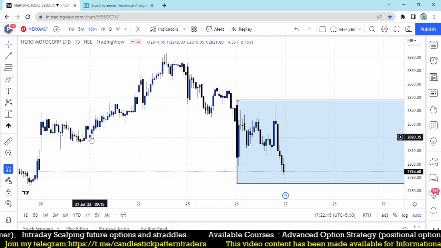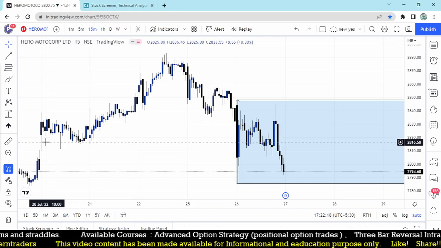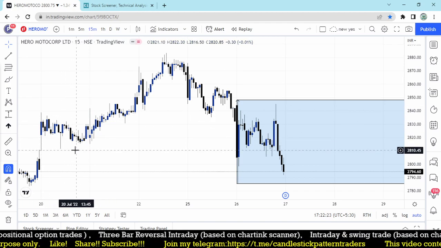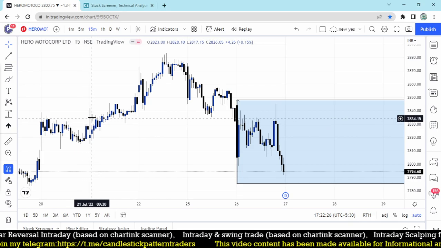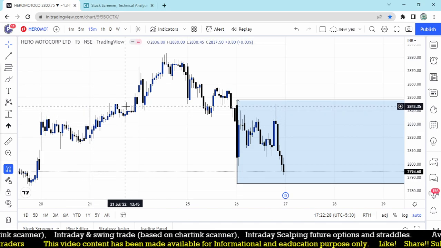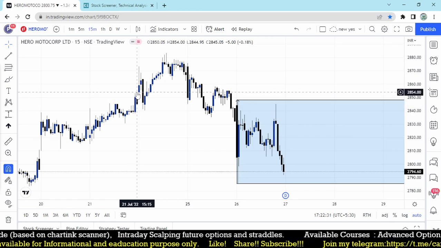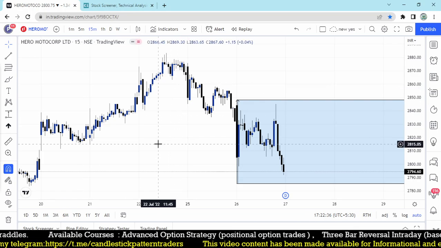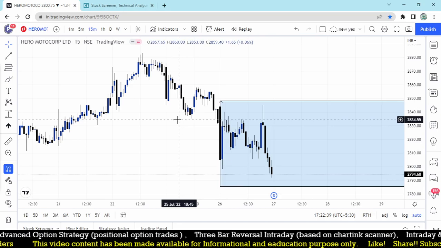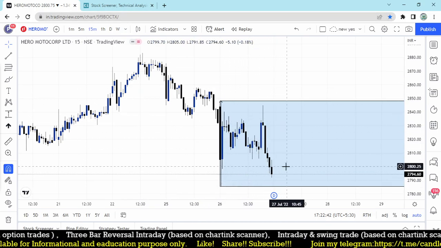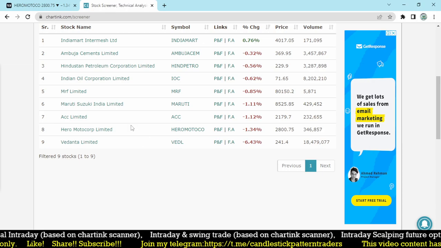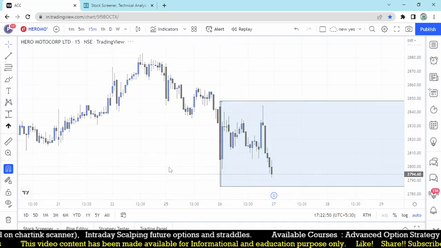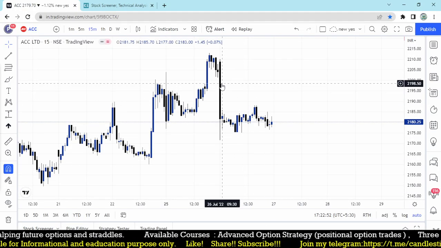If it is not broken, there are other chances. Here also, can you see this day, 20th July, again the same day where it is not broken, but on 21st it is broken on the high, and it went up to around 2854 from the high of 2838, right? So there is a big gap in the stock, but it never broke the high and low. And Hero MotoCorp, Maruti, means there is a very narrow range today, a big candle, but after that